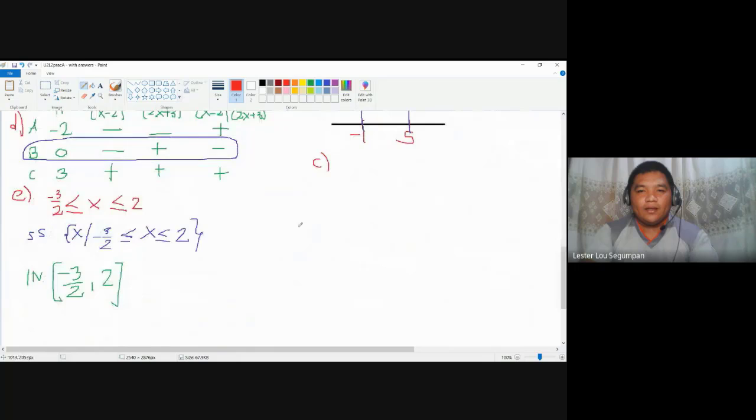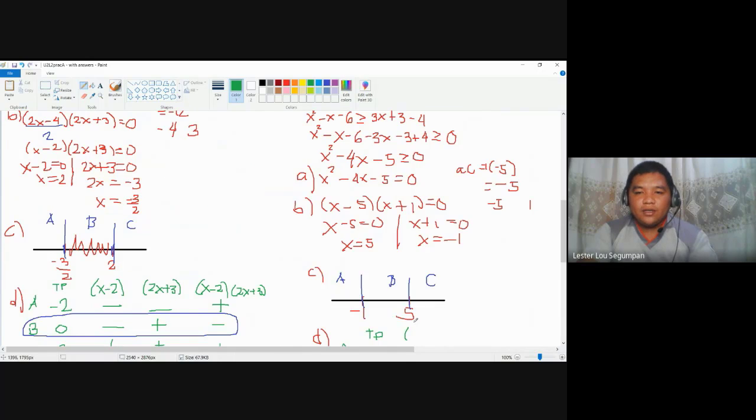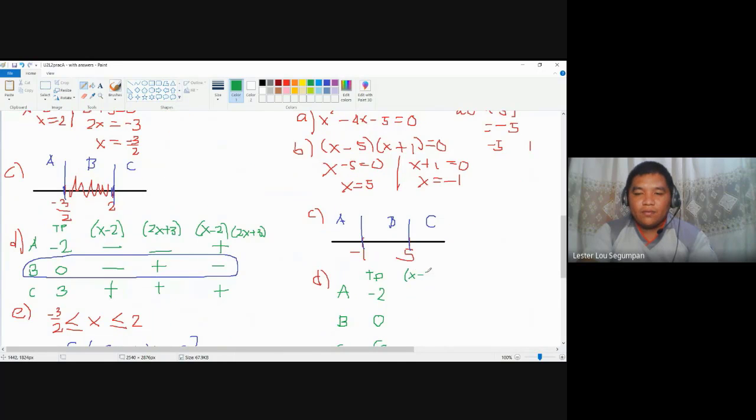Let's use green so that this will be parallel to the previous items. A, B, and C. For A, as a test point, you could choose negative 2. Letter B, again, 0. And then you use here 6. And you use here the factors x minus 5 and then x plus 1,